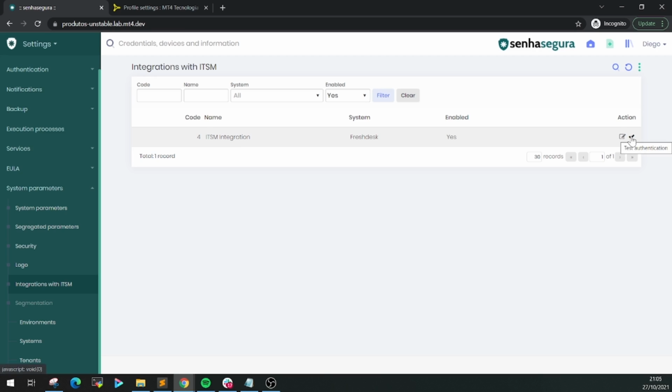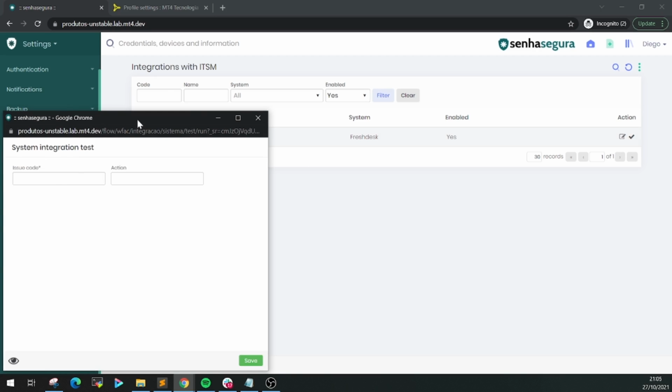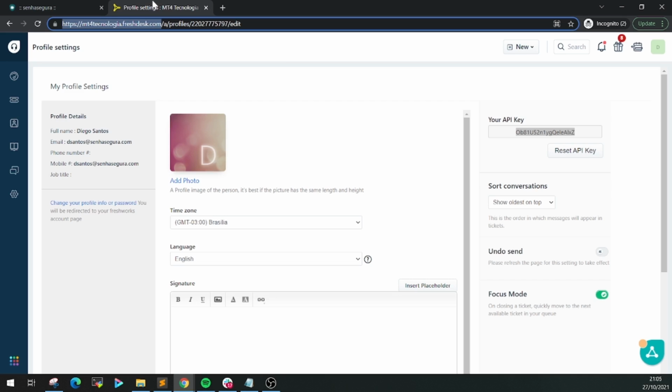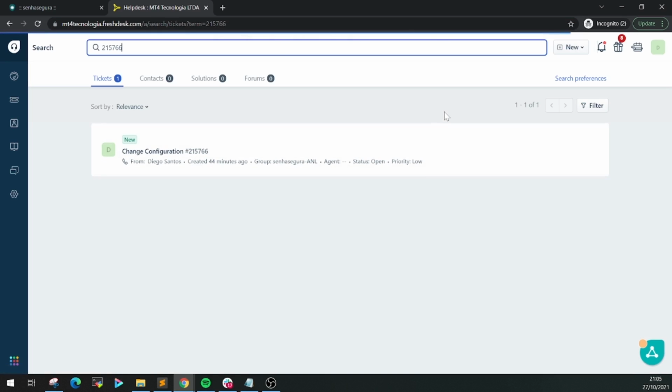Here in the Action menu, I have an option to make a validation to know if it was successful or not. And then it asks me for an issue code, a ticket that I have in my Freshdesk. So let's go to Freshdesk. I have an issue here that is valid, already pre-configured. As you can see here, I have this issue that is valid and has a status open,